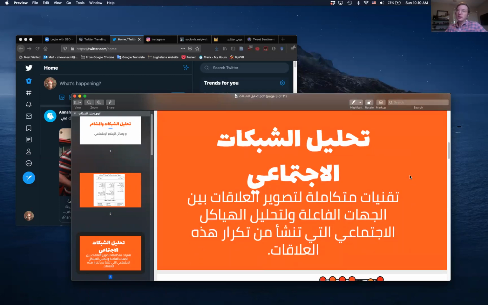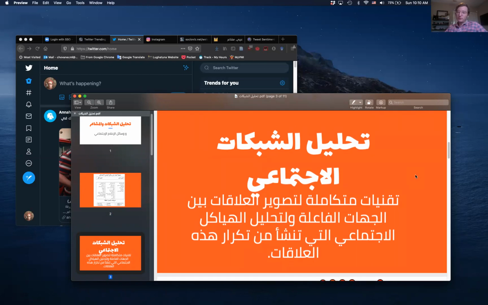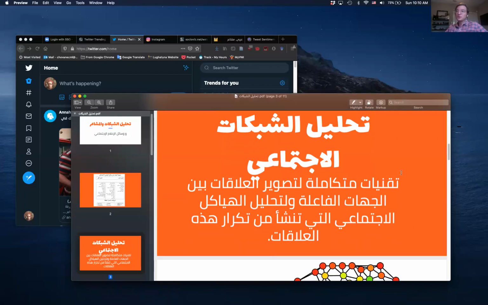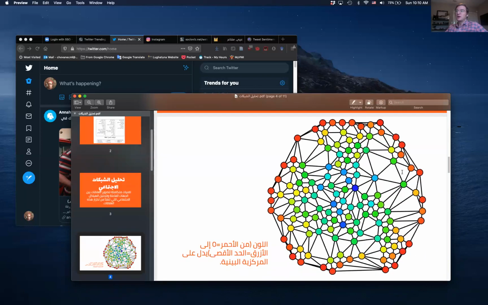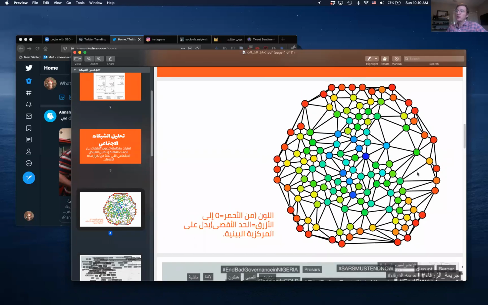So here's a healthy definition of what network analysis means that you can share with students. You can have a little conversation about it as well. It's a little bit vague, so it could be a good way to generate conversations, but you can also use this graph or this diagram here as a really simple explanation. So as it says here,